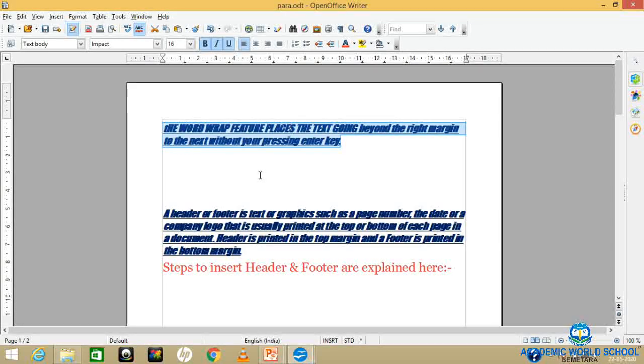You must have observed that whatever changes you have made in one paragraph, the same formatting is available for another paragraph. So you need not do the same formatting again. Once you have done it, select that, go to format painter, go to another paragraph and apply it over there. You will find it is available. You need not perform it again and again.